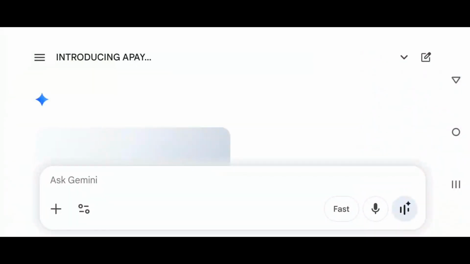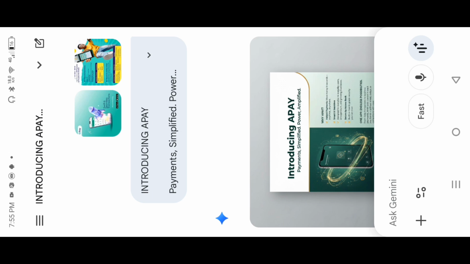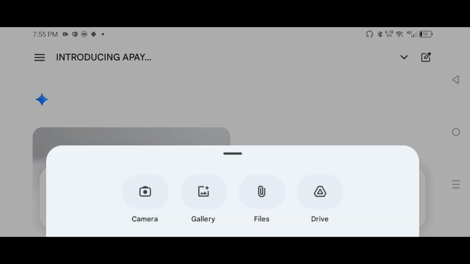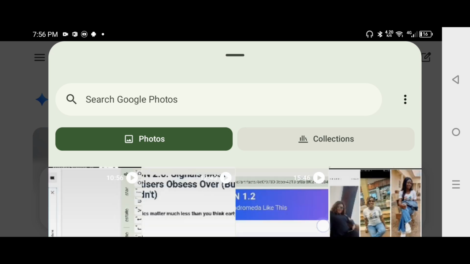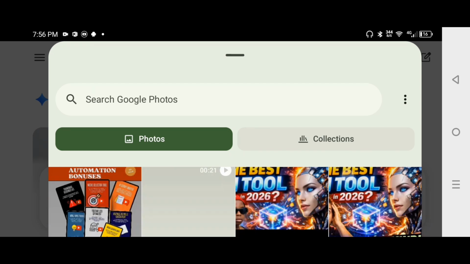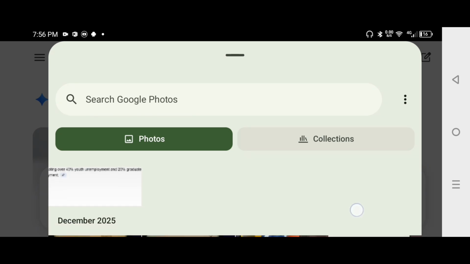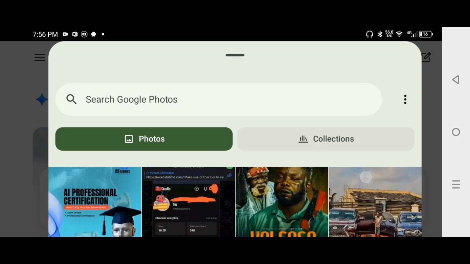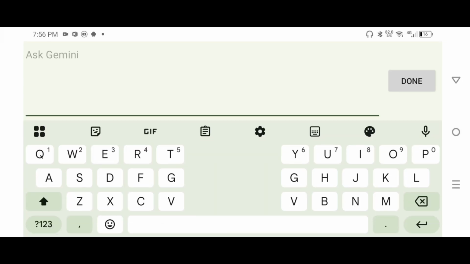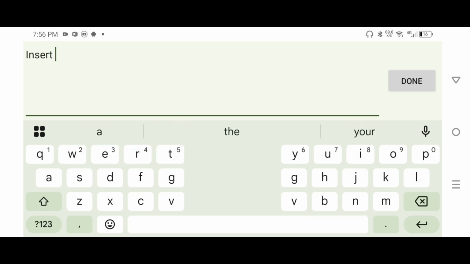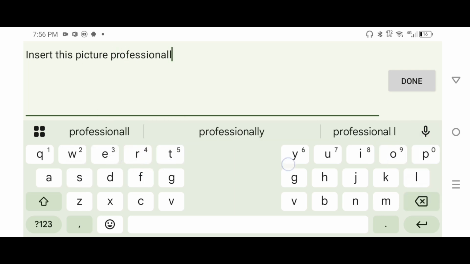So I'll just go ahead and add a picture. Go to my gallery and look out for the picture I want to really add. I can use this picture. So I'll click on done, and I'll simply say insert this picture professionally as a model